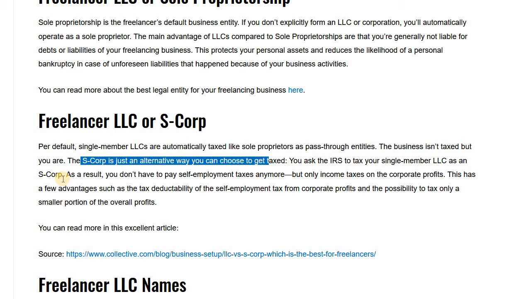But of course, you also need to pay yourself a salary then. Because then the corporation can keep some money in it, and you don't have to pay self-employment tax on this money that is kept within the corporation itself. So therefore, you usually pay less self-employment tax, but you need to pay yourself a salary, and on this salary you have to pay self-employment tax. But usually half of the self-employment tax is paid by the LLC, and this also reduces the tax burden of the LLC because it can deduct the expenses for self-employment tax.